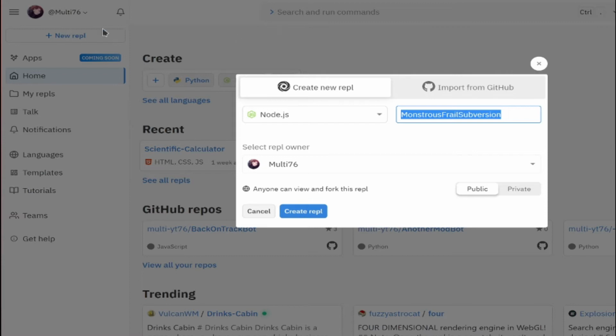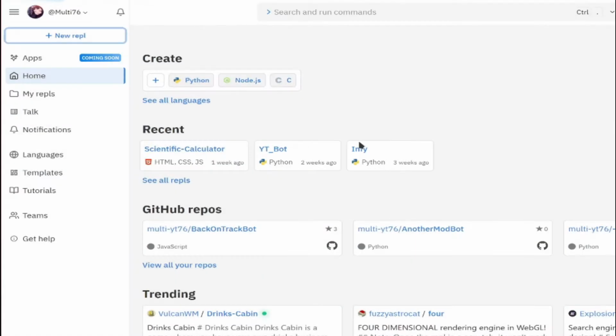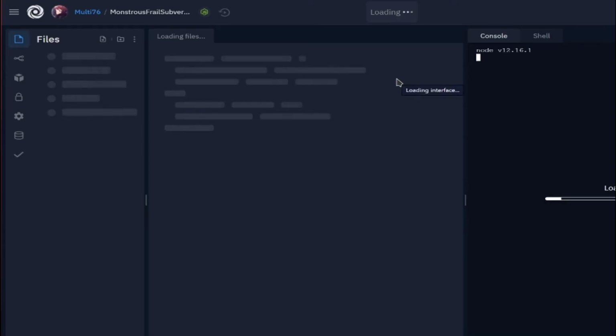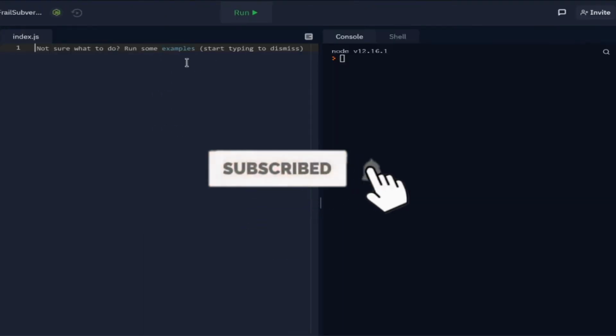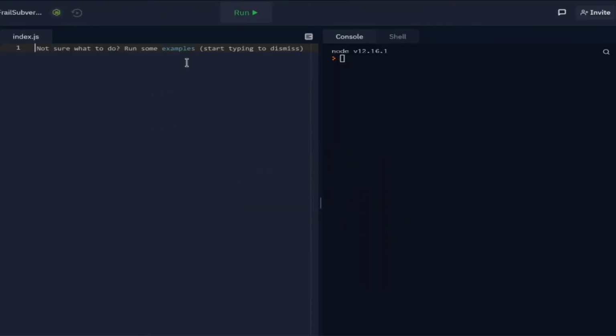Now, starting off, I'm going to be creating on the new REPL button right here. Choose Node.js and create REPL. Now let's begin. In this episode, I'm basically just going to be teaching what variables and constants are. So yeah, let's begin. Now, how you define a variable is by doing let followed by name of the variable